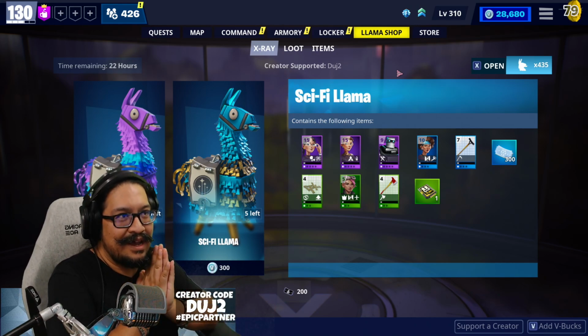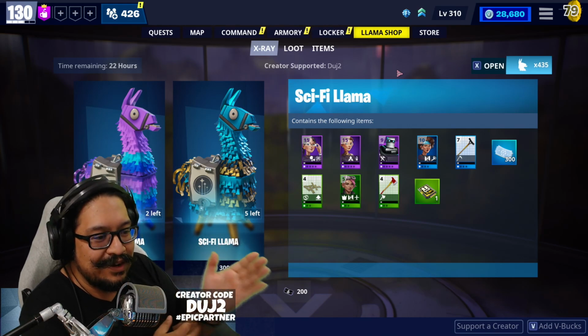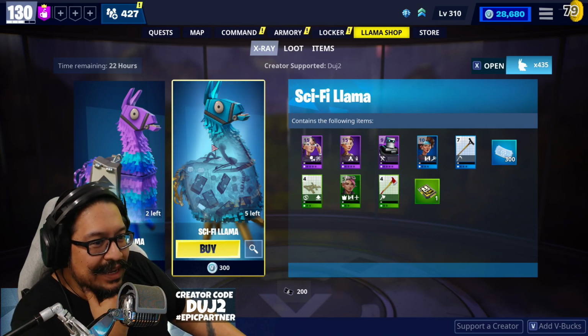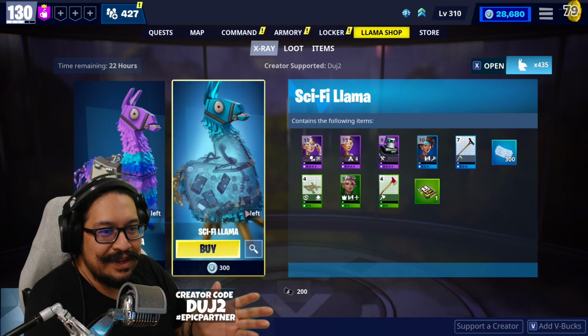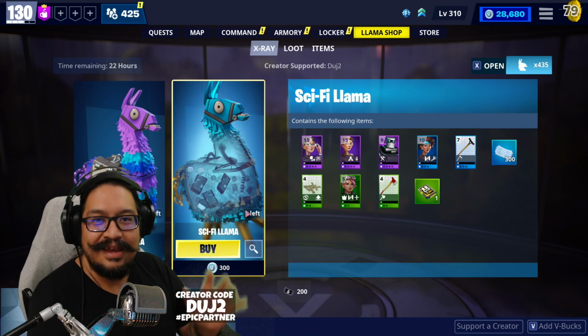But this pretty beautiful boy right here, this gorgeous animal made out of paper. Wait, are they made out of paper or are they made out of metal? You know what? I don't think these llamas are piñatas. I think they're actually made out of metal. Anyway,